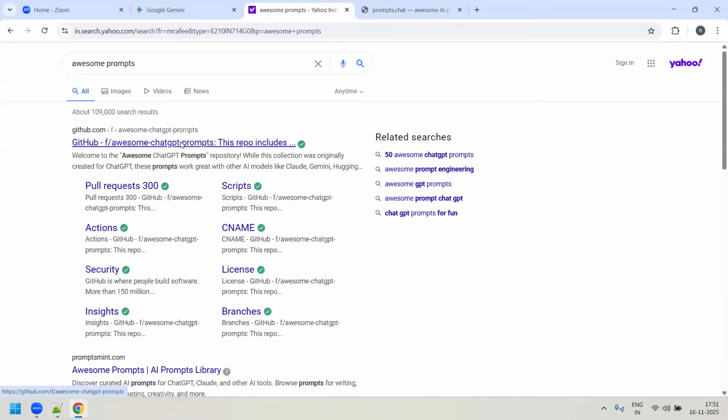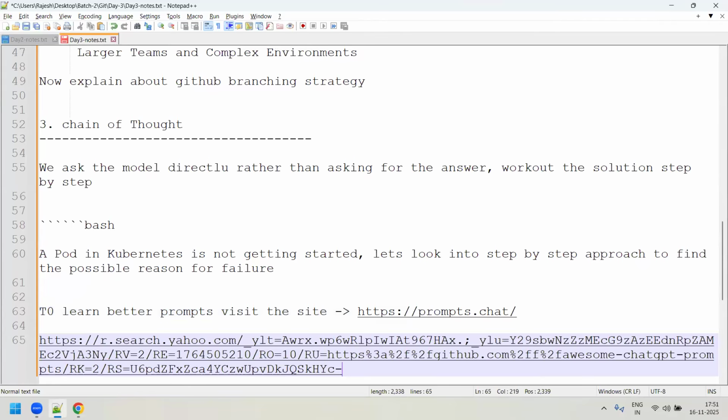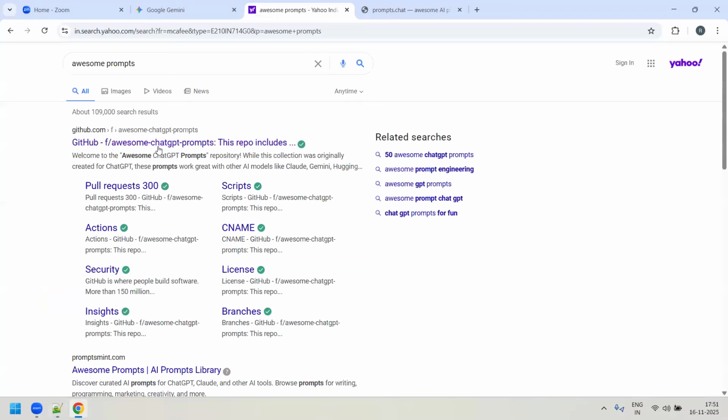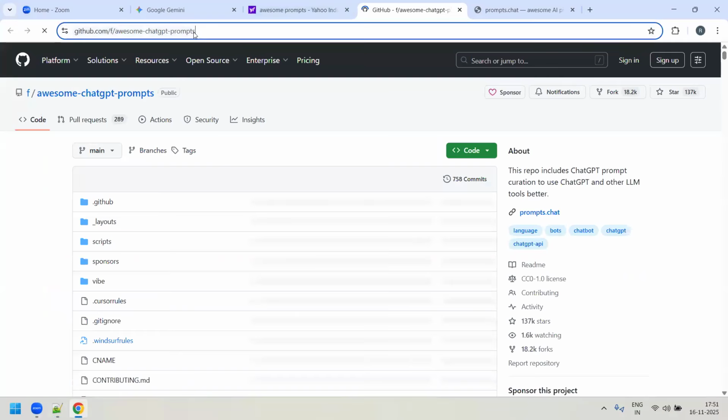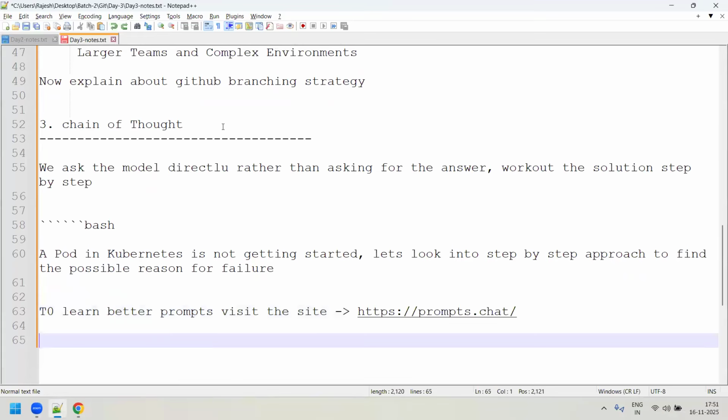Where is it? Yeah, I can visit this also. Yeah, you can visit there, right? You can go through this also.